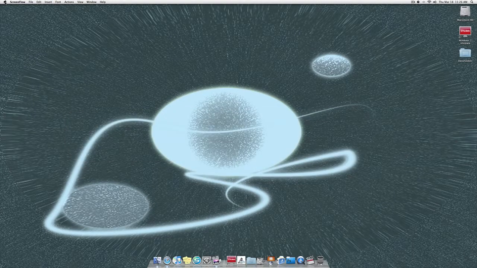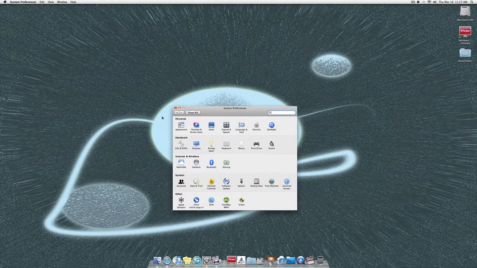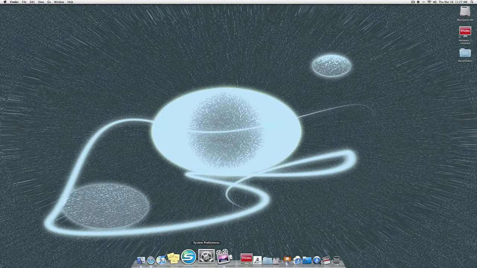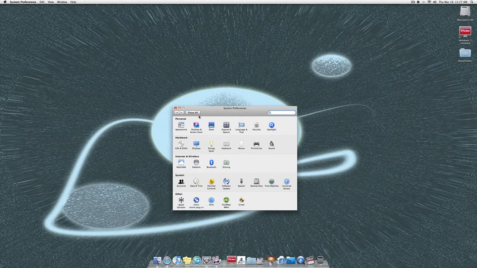There's two ways to go about doing this. You can go up to the Apple on the top left hand side in the menu bar, choose System Preferences from there, and you'll get System Preferences over here. Well, let's close that, and there's a little alias to System Preferences, which is a shortcut for the Windows users out there. Just click there and you get the same window. So you go to Desktop and Screensaver,